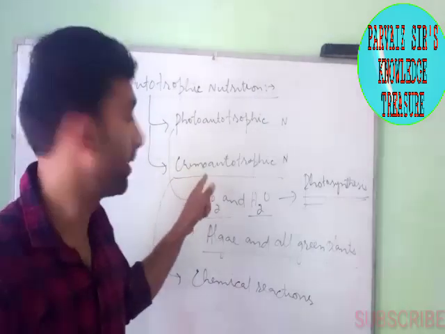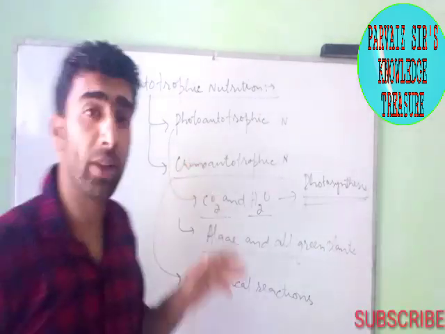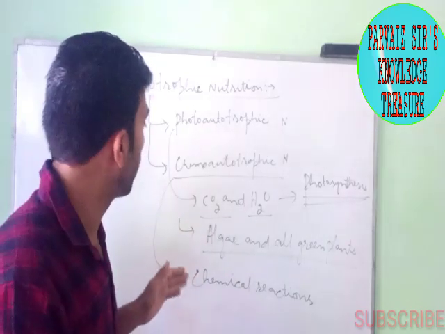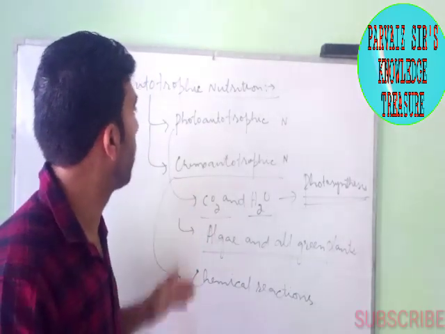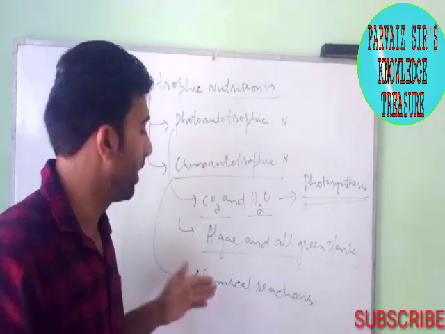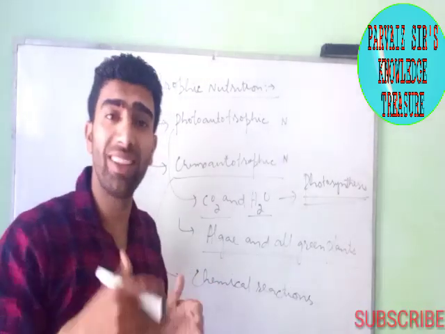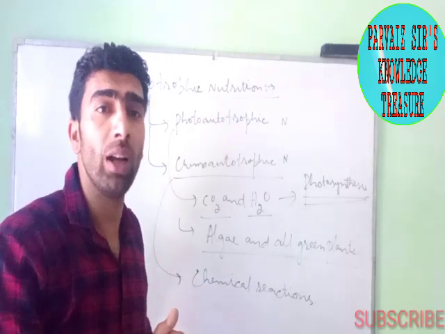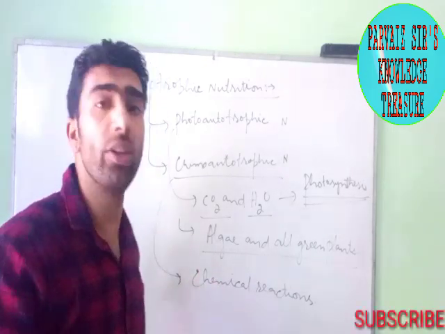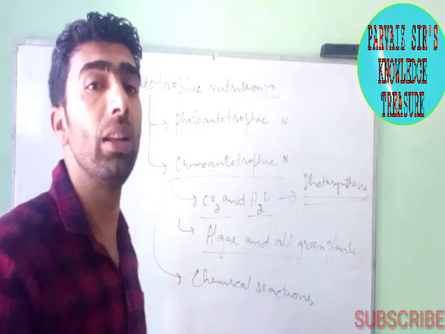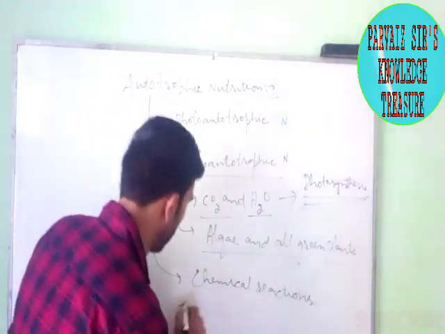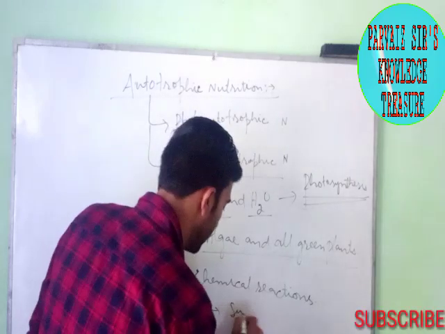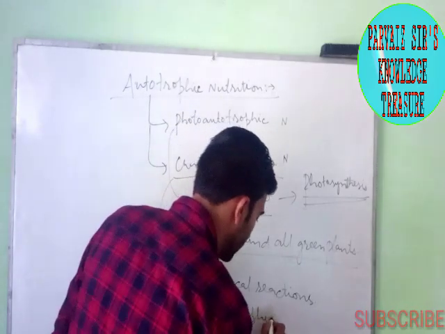Once again, chemoautotrophic nutrition is that type of autotrophic nutrition in which an organism synthesizes its own food from energy released during certain chemical processes. Examples of this type of nutrition are shown by sulfur oxidizing bacteria,